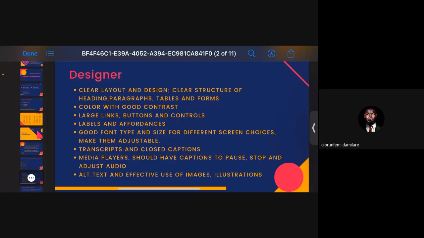Like I said, the person doesn't necessarily have to be blind. The person might just have an eye defect, right? Let's say, for instance, the person is colorblind. Colorblind people have problems differentiating colors, right? So use a good color contrast. Don't use just colors for hierarchy.